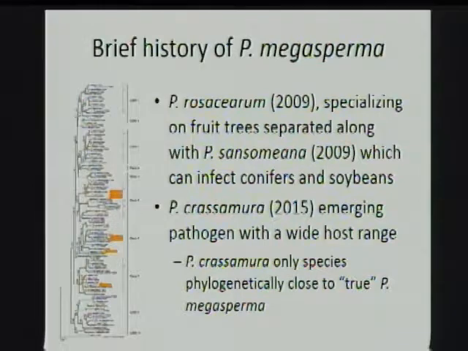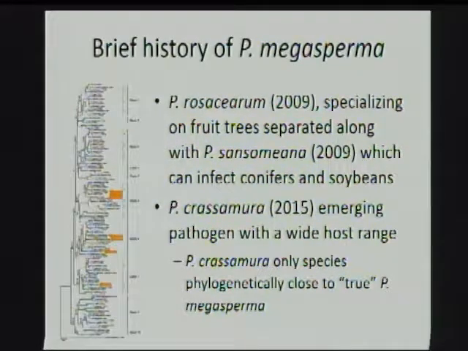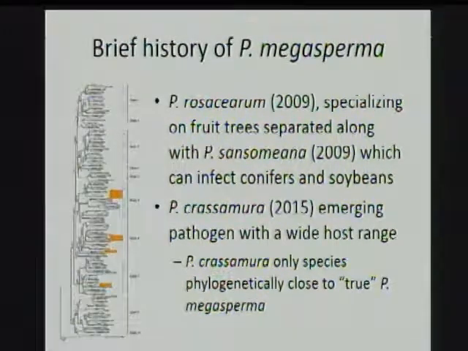Just a quick comment about rosacearum. As you mentioned, it was prevalent in our study and also common on fruit trees. And I find that really interesting because the history of Santa Clara Valley is it was mostly planted with fruit trees before it started being developed with Silicon Valley. It was called the Valley of Heart's Delight because of all the fruit trees and agriculture. So I'm wondering if that came in on those trees hundreds of years ago. Just an interesting connection possibly there.